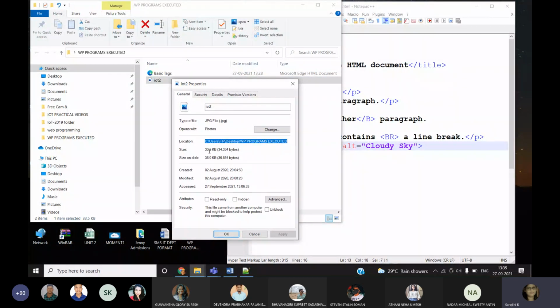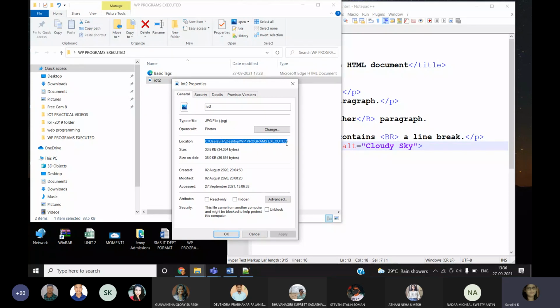C, Users, HP, Desktop, WP programs, executor. Within this, I have IoT2.jpg. Everything I can find here in the properties. This is the path, the location of the file. But if you write only this, your program will not execute, because this location does not have the file name.